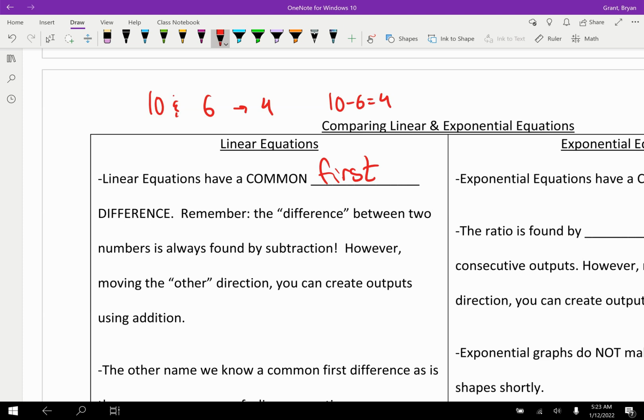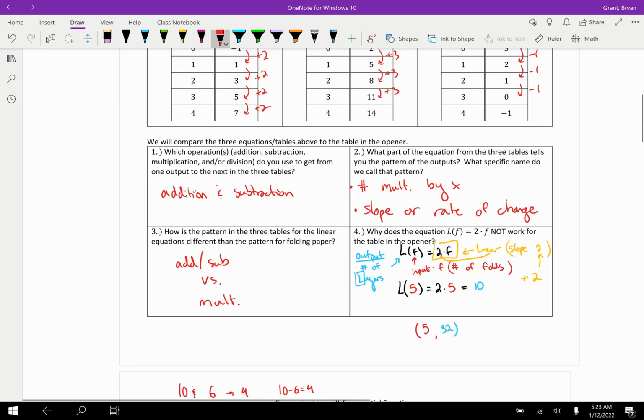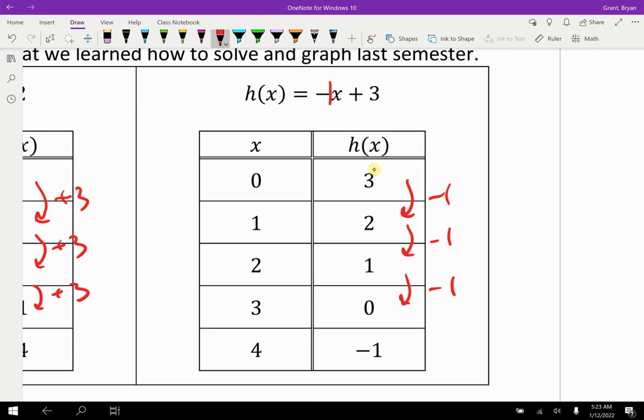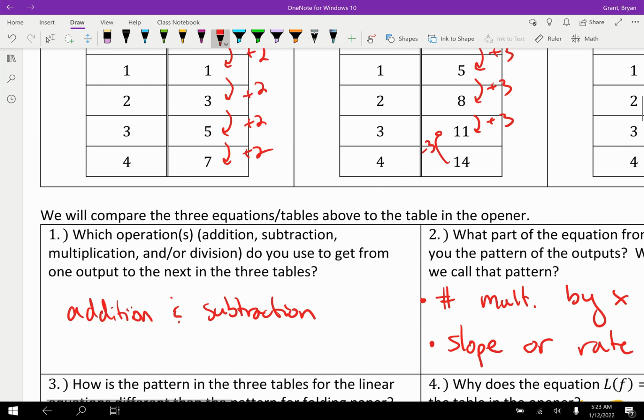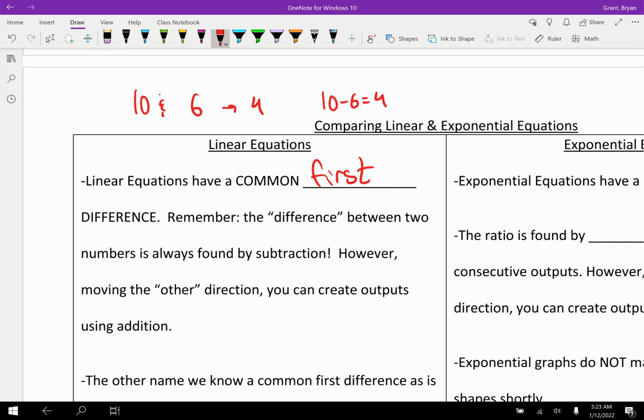Okay, so the difference is always found by subtraction, and in a table we see subtraction. However, if you move the other direction in a table, you actually create outputs using addition. To make that make sense, if we look up here, the common difference between each number is 1, or -1 if you're moving down. However, if you move up the table, you can see that you're adding. So every linear table or linear pattern always subtracts if you move one way and adds if you move the other. If you move up this way, it subtracts. So we say those numbers have a common first difference,